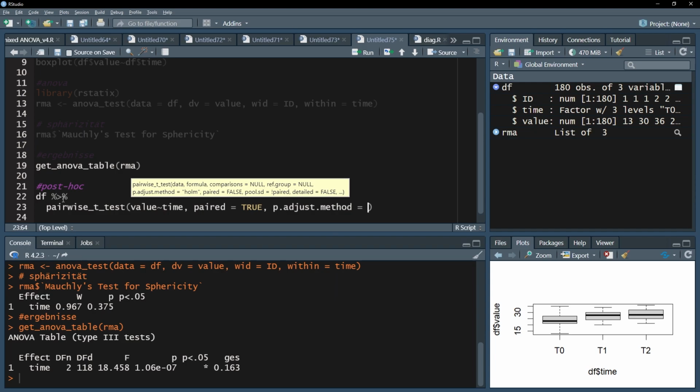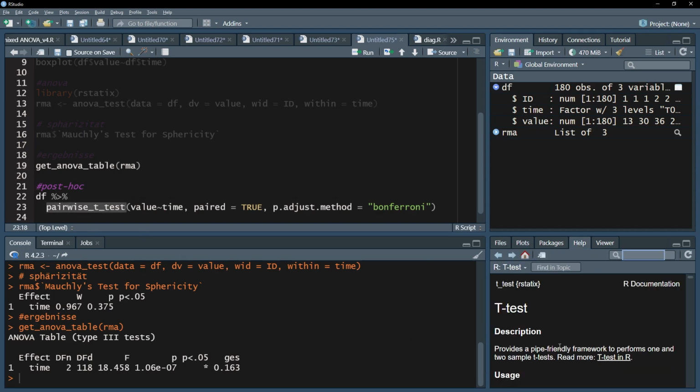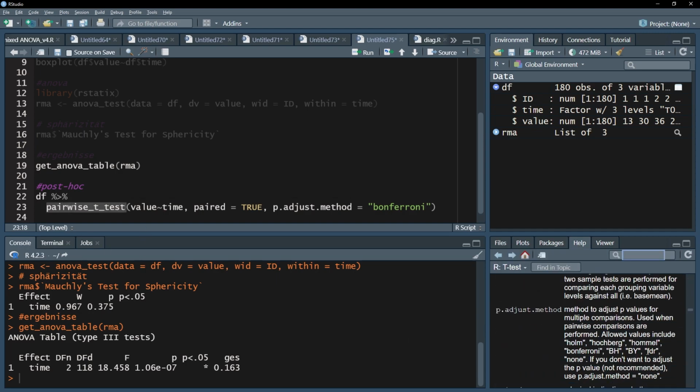The easiest and also most conservative one is Bonferroni, where your p-value will be multiplied with the number of pairwise comparisons being done. Other methods like Holm, FDR and so forth can be found in the documentation of the pairwise_t_test function and used accordingly, albeit your choice needs to be justified, at least with research field specific standards.